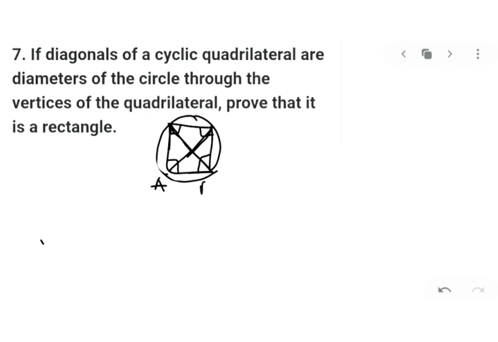So there's nothing else to do. You just prove that this is 90. Each angle in a quadrilateral, if it is 90, then we don't need to prove anything else. You can just say it is a rectangle. Or you can also, if you want to prove that the opposite sides are equal, take two triangles and make them congruent, and I guess that will be the easiest. So you just have to use the diameter's property that it makes 90-degree at the circumference, and then take two triangles and make them congruent. So you will get your required result that it is a rectangle.